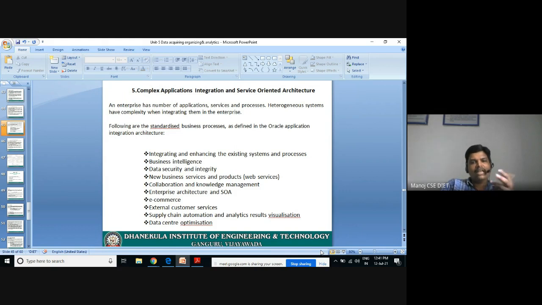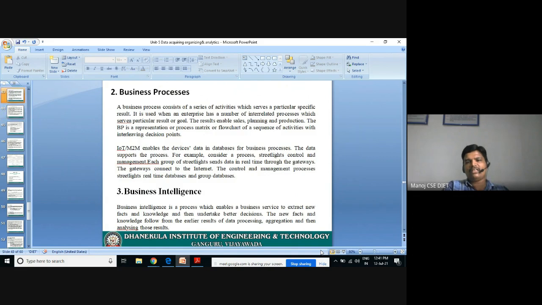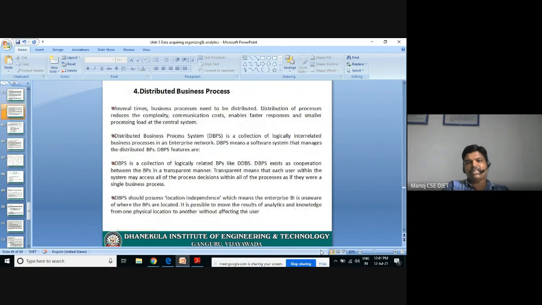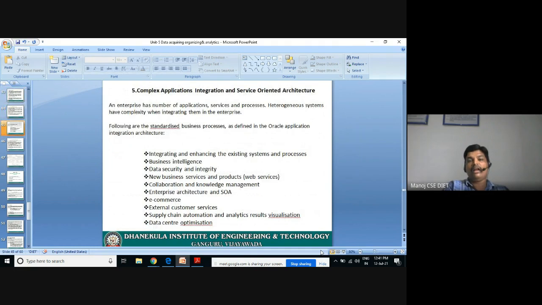And as well I require the business intelligence, BI. BI is the process where I can extract some knowledge and facts by using existing business processes. It is a business process where I can get the facts and extract the knowledge based on the user's mindset, the user needs and requirements. I can improve myself with the help of this business intelligence. As I explained, we can make better decisions with the help of business intelligence. And as well we need to focus on data security and integrity.